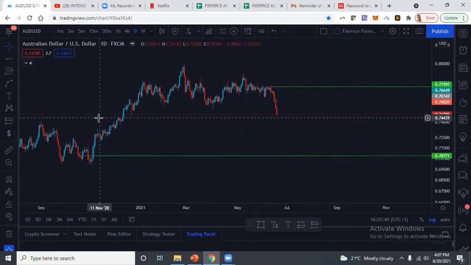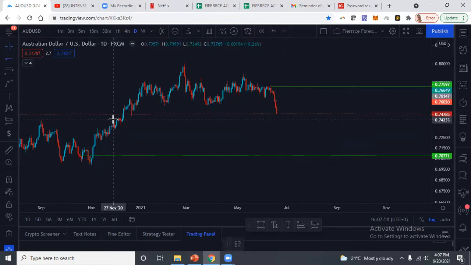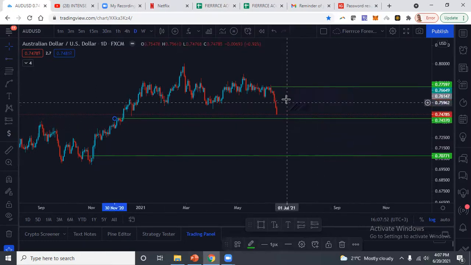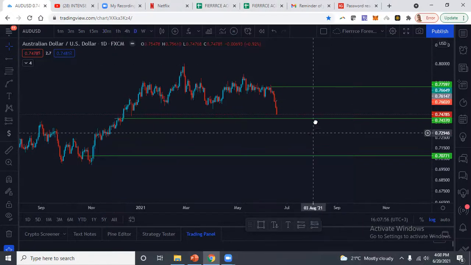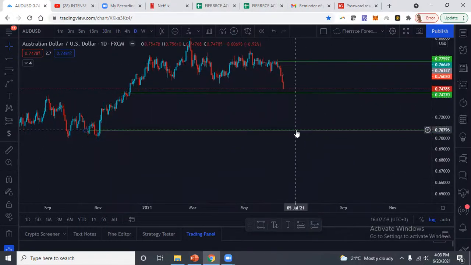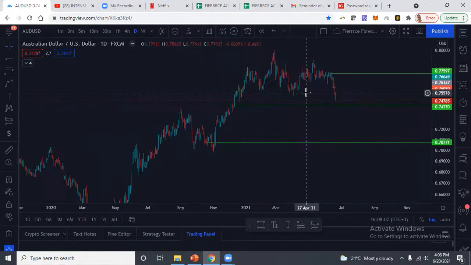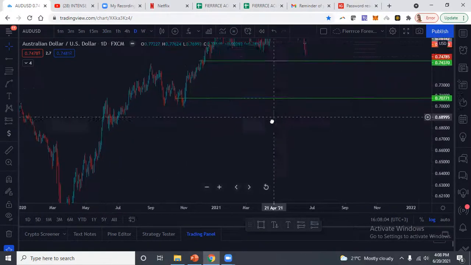We have key levels that are possibly retest levels, and I'd just like to see how that plays out. We may get to this level, bounce, and just continue to the upside, or we may just drop all the way to the previous low at 0.70771. But remember, guys, long term, the trend is still up.